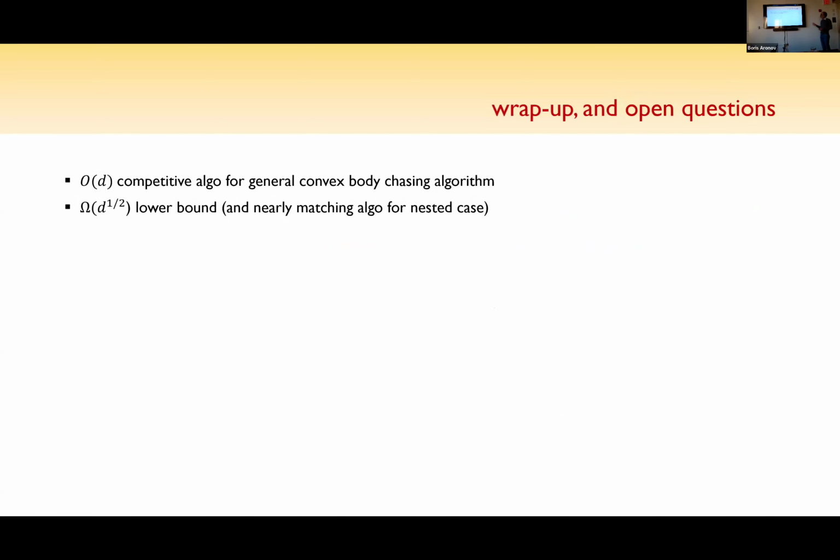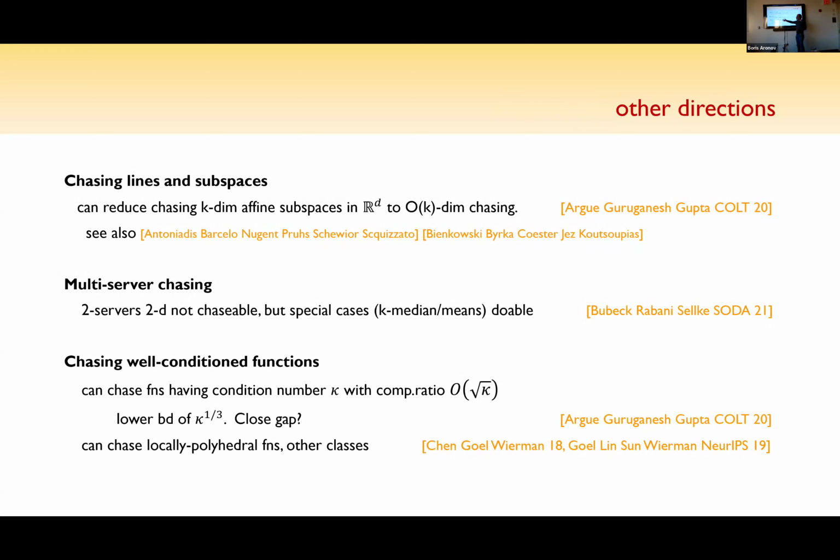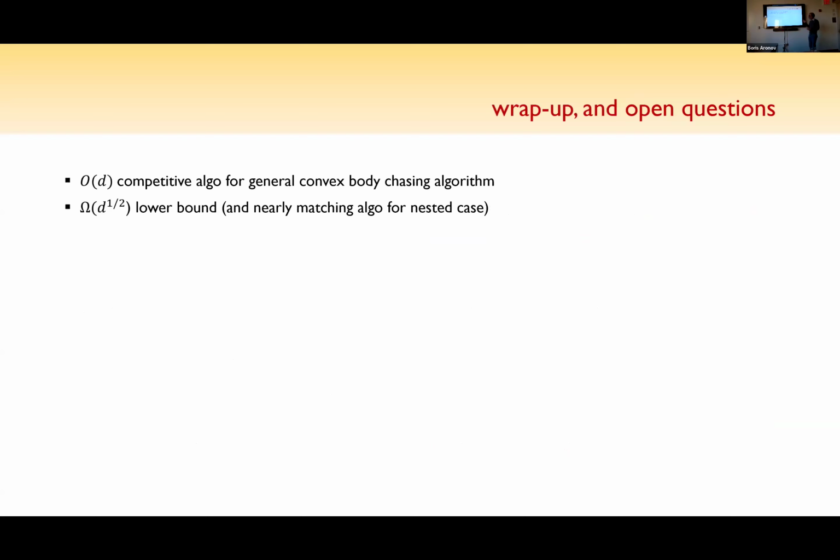And finally, and I'll very quickly mention, you can change functions as well. So instead of giving you a convex body, I'll give you a convex function. You can move to any point. And now what do you pay? You pay the movement, plus you pay the function value at the point where you land. A bunch of people were interested in this because it captures configurations of data centers, for power distribution and also for data centers. So very applied people were interested.